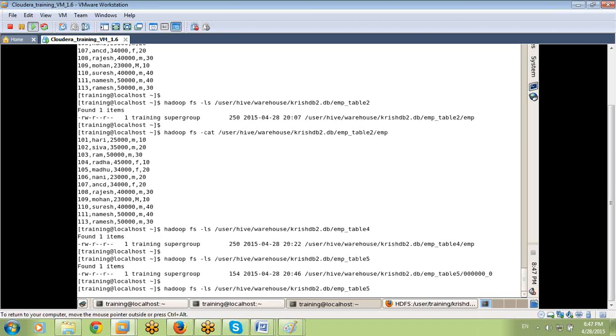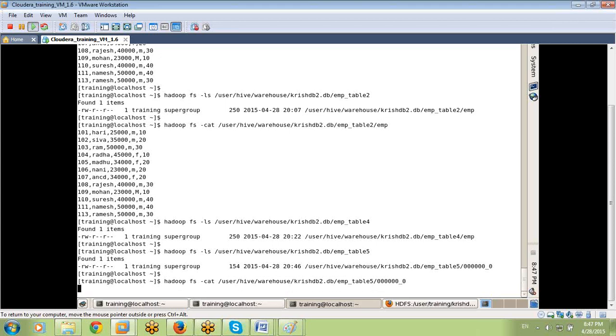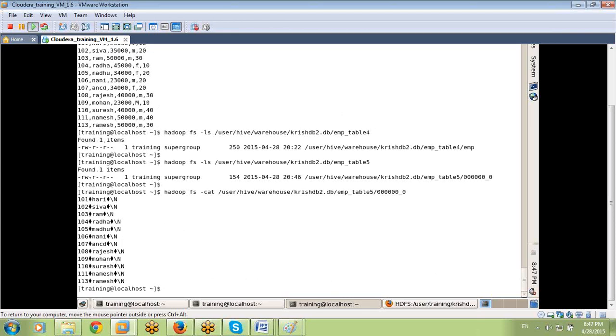Yes, I open this file. Change ls to cat. Yes, it is there. Integer is there.